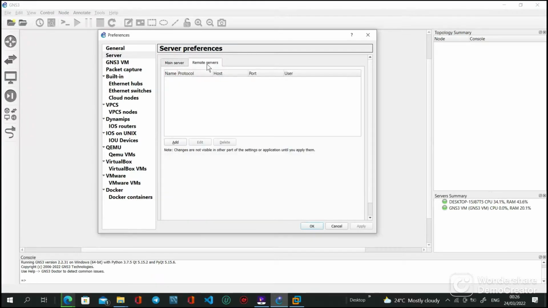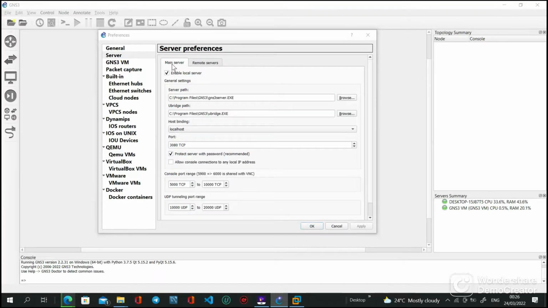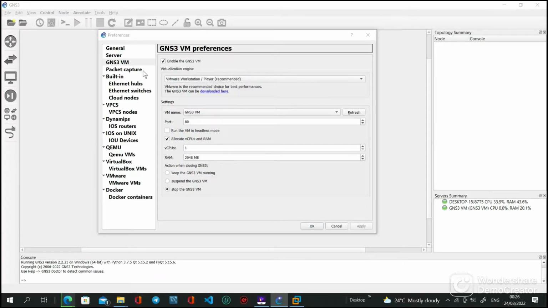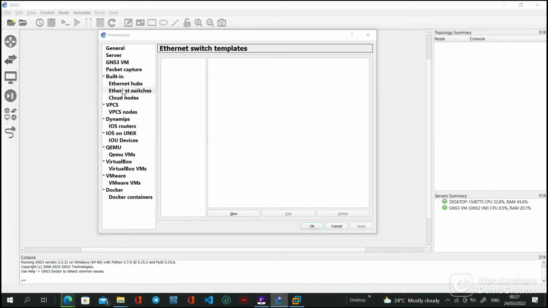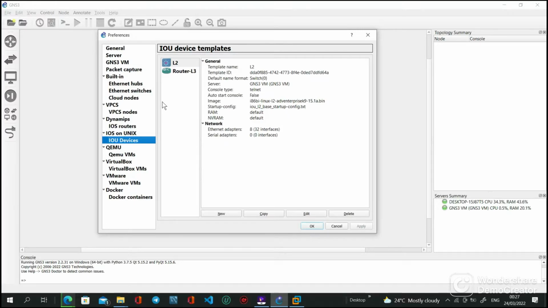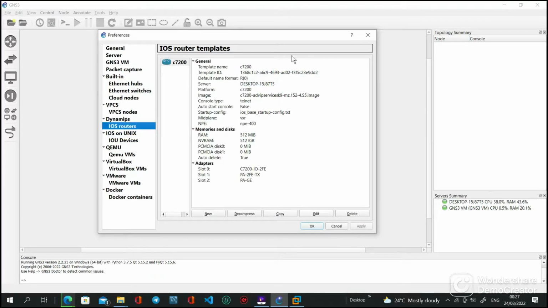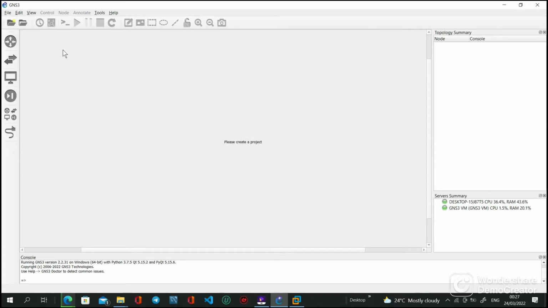Here is where you connect your remote server or your main server, and also your GNS3 VM. Earlier I said we'll talk about how you install a GNS3 VM and how it works. That is all about the preferences. There is a lot of functionality there, for instance how to install the various IOS images, the routers and switches. Now we go straight to